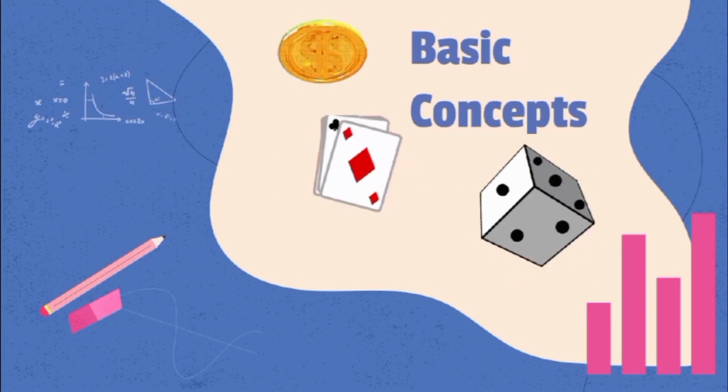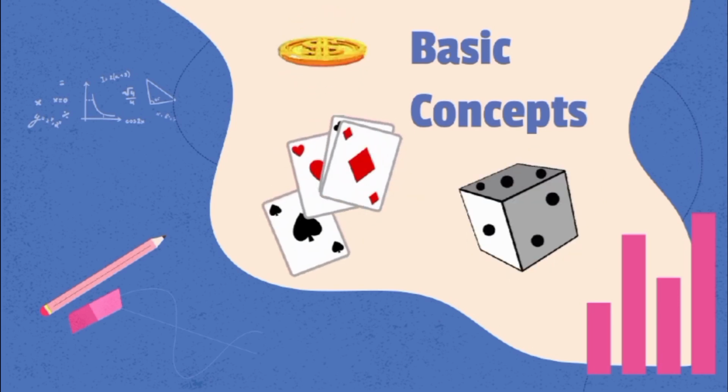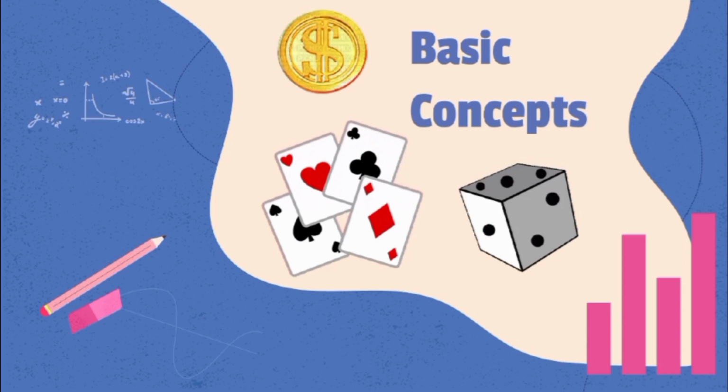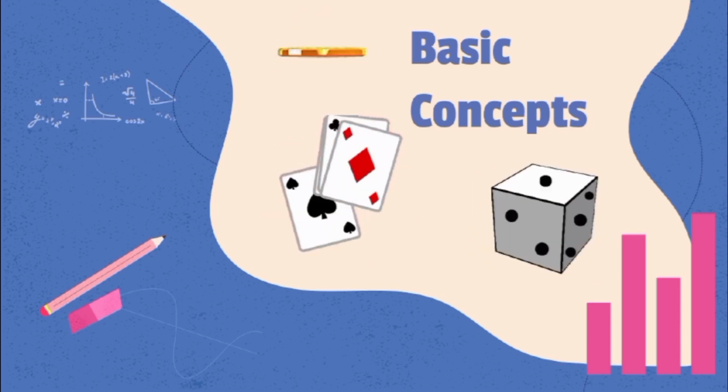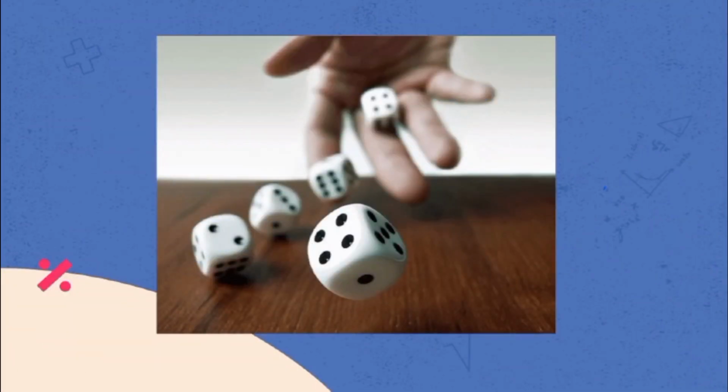Before we start our topic, let us first define some basic concepts, which are very important for us to really know about random variables, so we can apply them in our real life, such as in decision making. Every time I look at this picture of rolling a die, I always remember my childhood days when we played together as a family. The most important thing you must know is that before rolling a die, you do not know the result. This is an example of a random experiment.